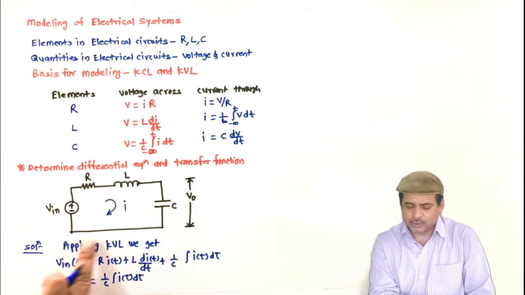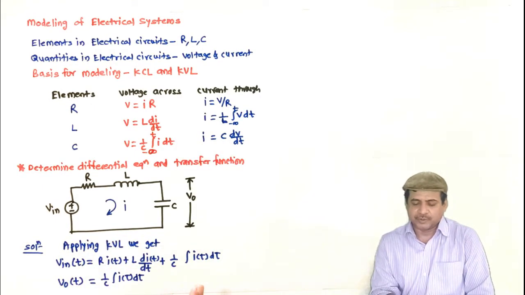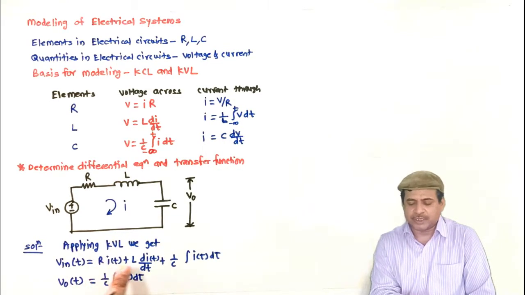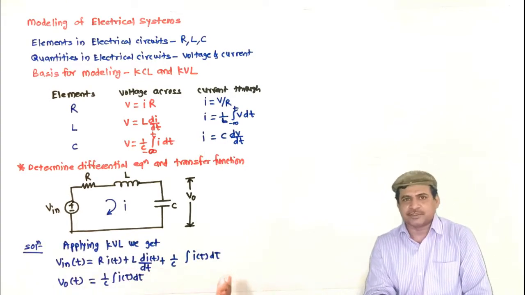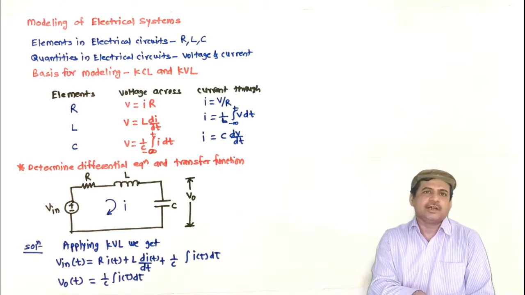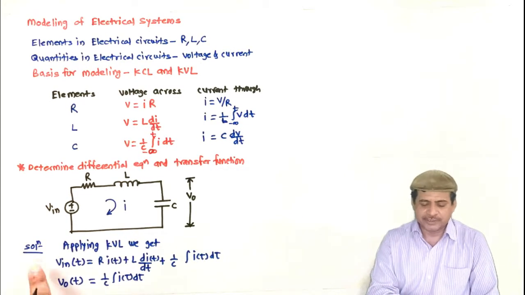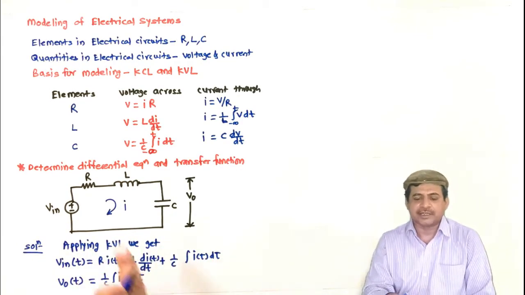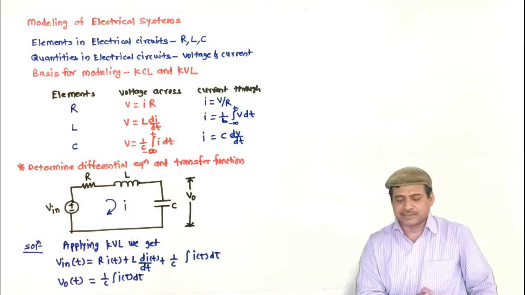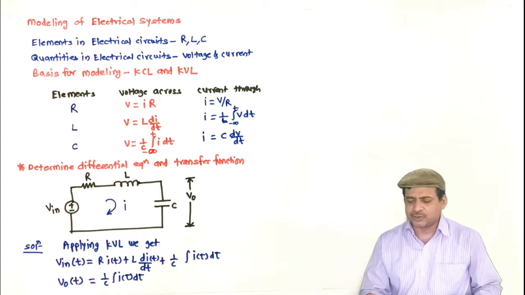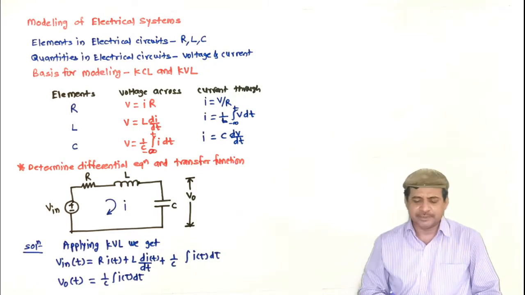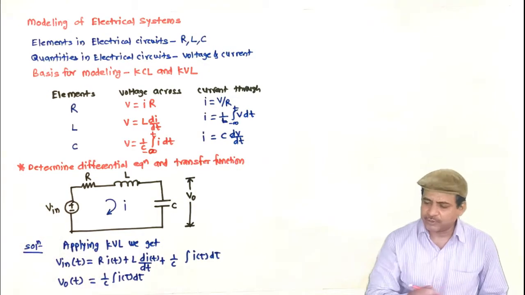So if I solve this differential equation, for a known value of V in, the only unknown is I of t. So if I solve this integro-differential equation, I will get the solution as I, and if I put that I here, I will get the output voltage. That means these two equations completely describe the system. No doubt, it requires initial conditions. Or you may presume that initial conditions are 0, then the integration will be from 0 to t. Otherwise, it will be from minus infinity to t. Now let us find out its transfer function.